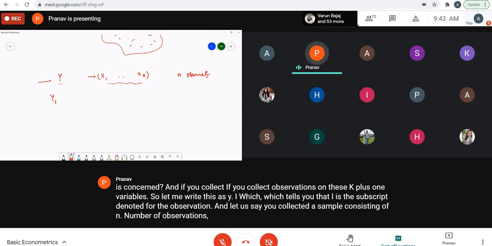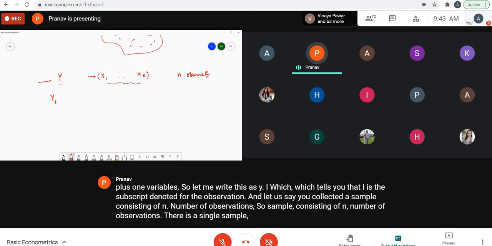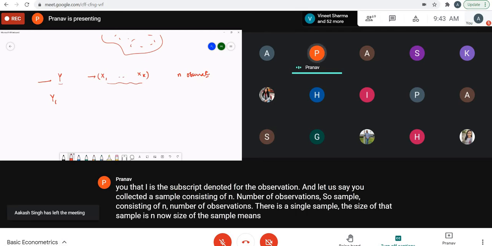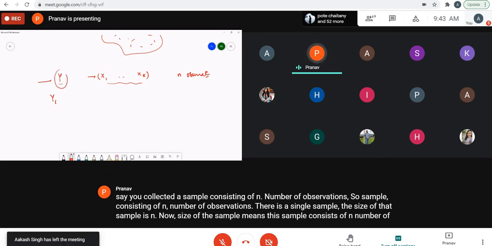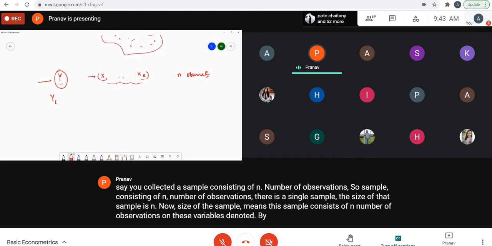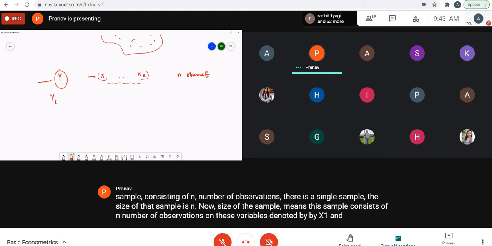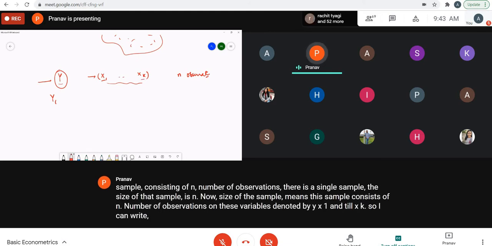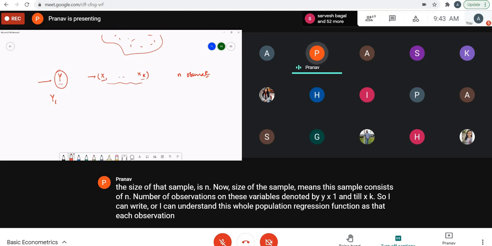So a sample consisting of n number of observations means there is a single sample, the size of that sample is n. Now, size of the sample means this sample consists of n number of observations on these variables denoted by y, x1 and till xk. So I can understand this whole population regression function as follows: each observation in this sample,